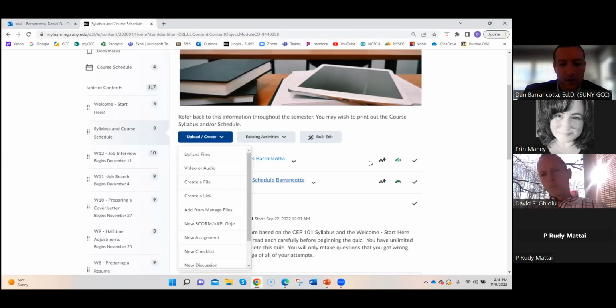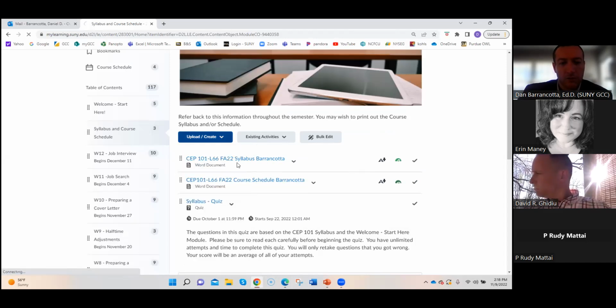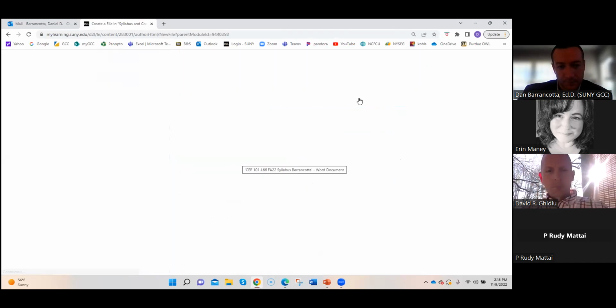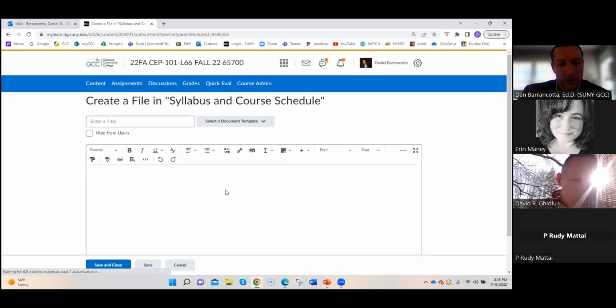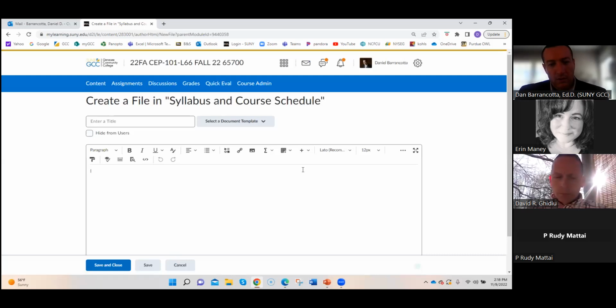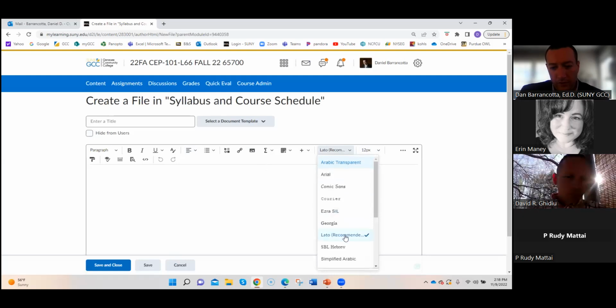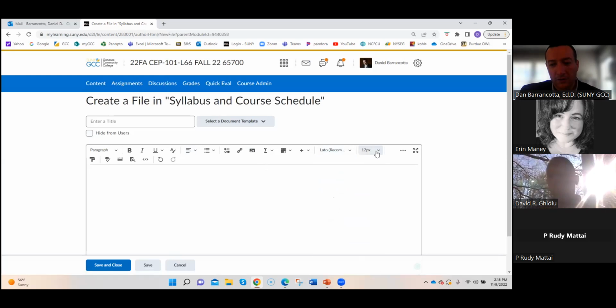And again, I mentioned the reason for doing that is, if we were to create a file here and just bring up a generic page, it's going to be Lato, and you'll notice that Lato is the recommended font and there's a check mark, so it's easy to find and draw attention to. And the size here, the 19 pixel, will show default. So again, we can see the default icon, and that's going to be, as we just type in here, Lato